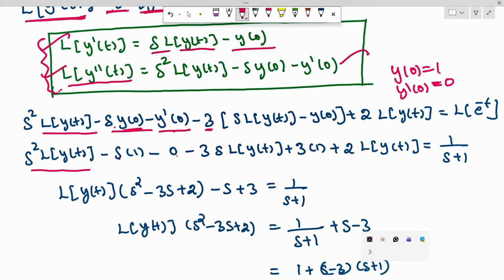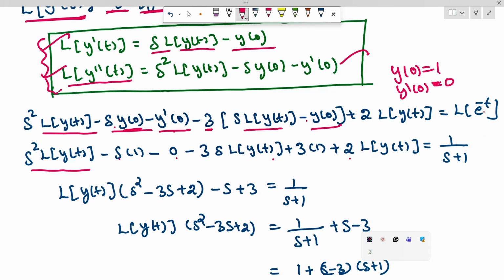Y dash of 0 value is 0. Minus 3 into, this 3 is common for these two terms, 3s into L of y of t first term, second term minus into minus plus 3 into y of 0. What is y of 0? Given initial value is 1, so 3 into 1, plus 2 into L of y of t equal to